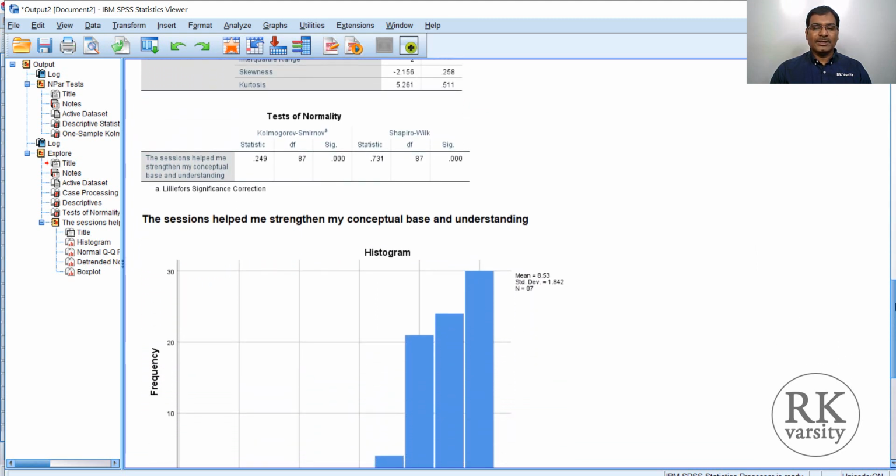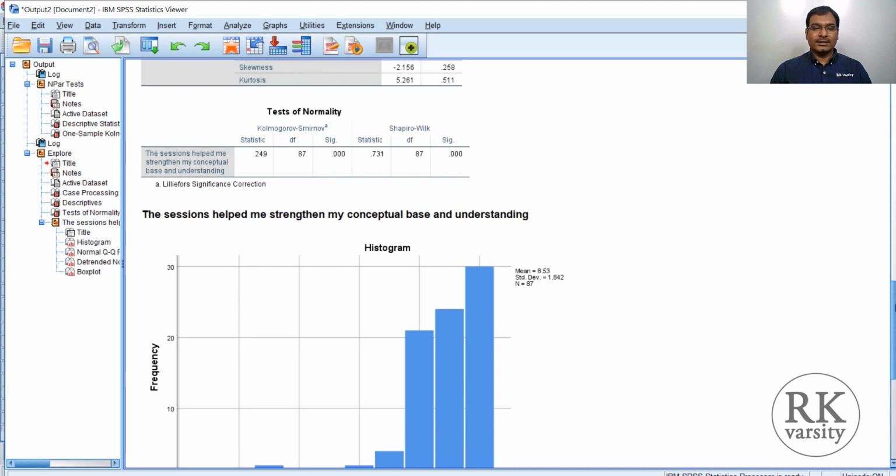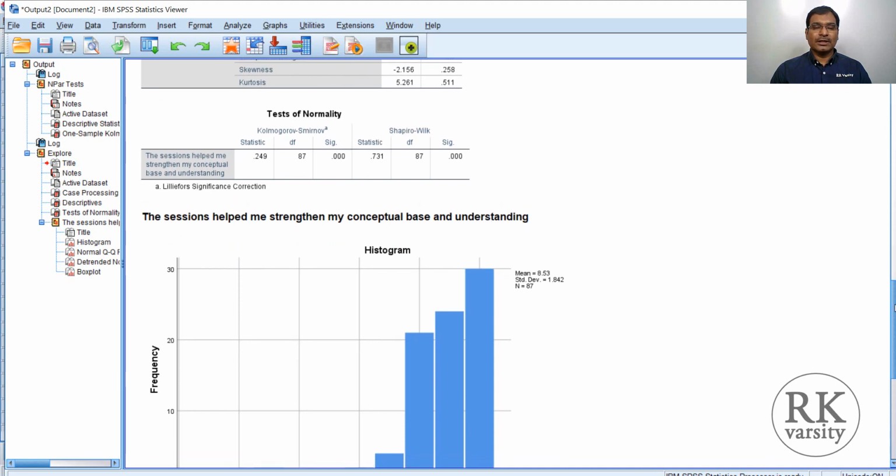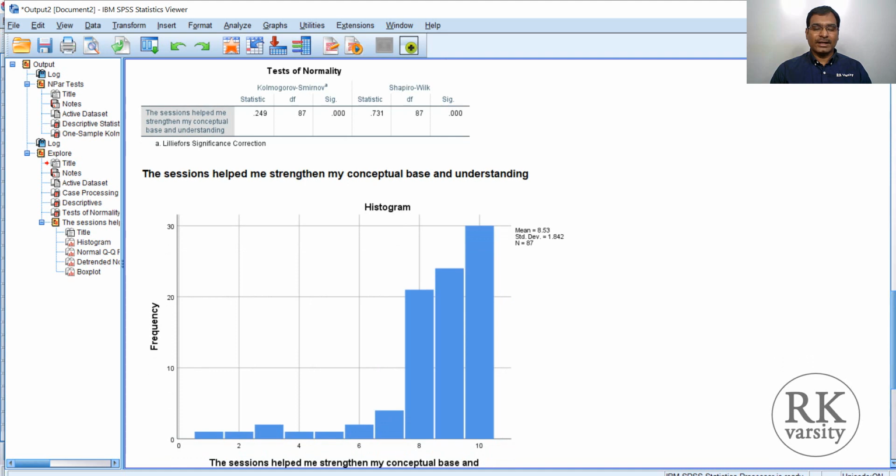That means the majority of the values tend towards the right side, and very few are on the left, which you can find from the histogram here. The scale is 1 to 10. The majority of the students answered 8, 9, 10. Very few answered 0, 1, 2, 3, 4. So this is why there is a left or negative skewness.